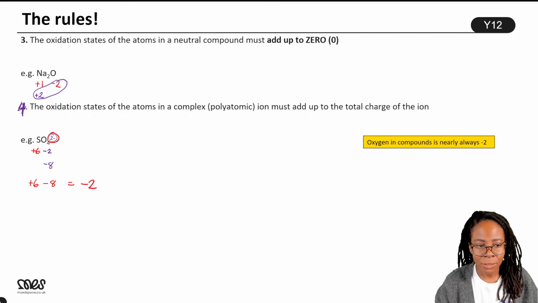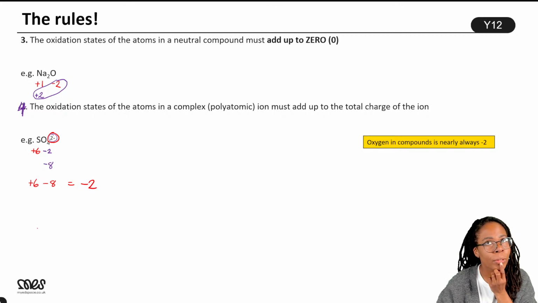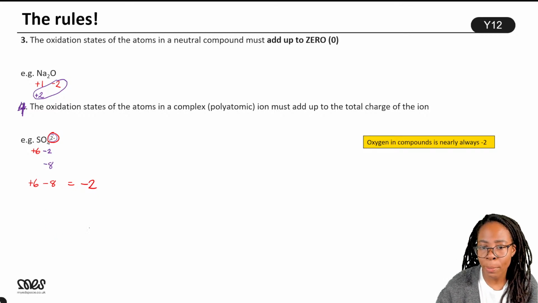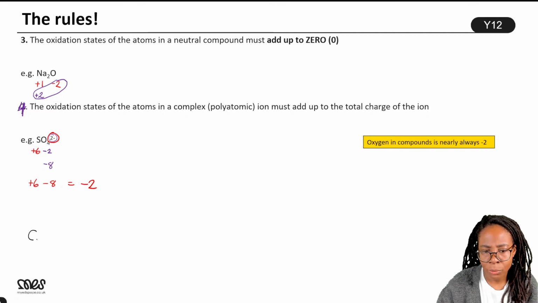Okay. Should we do another example of that? Let's do one more example. Let's do chromate. Oh gosh, do I even remember? Actually no, that's basically the same. Let's do, oh my gosh, ions, chlorate,